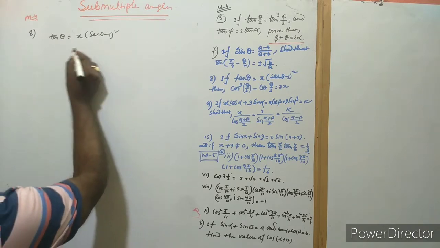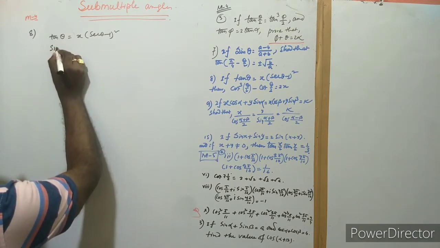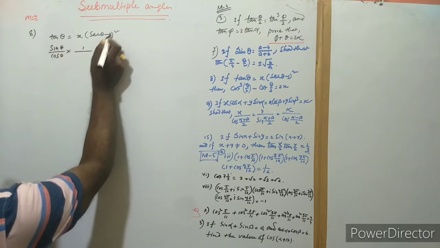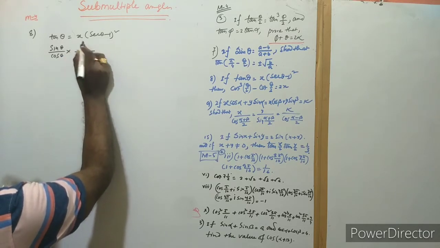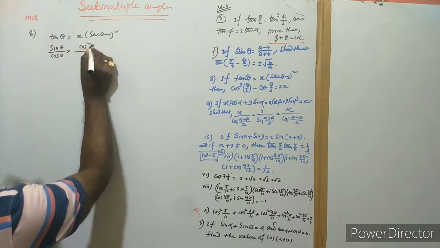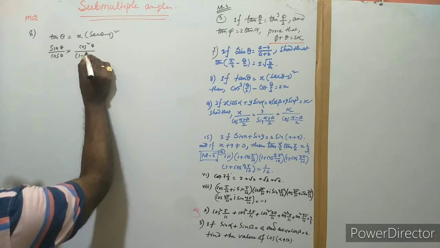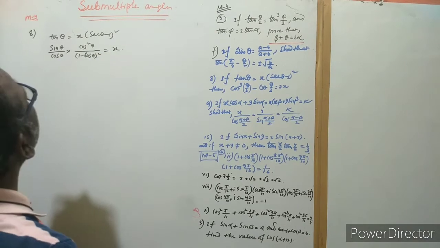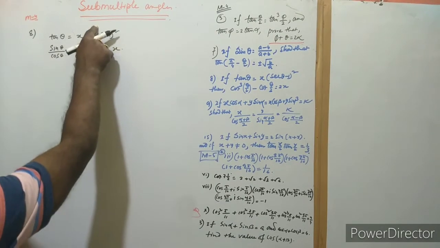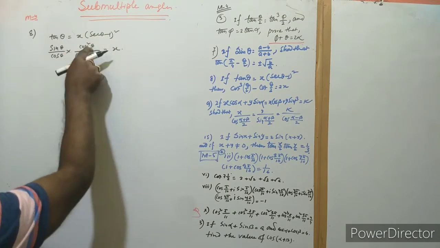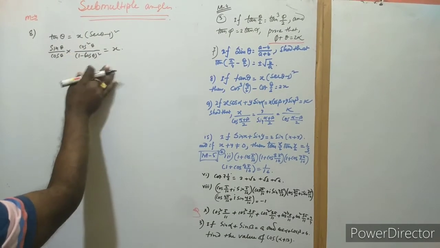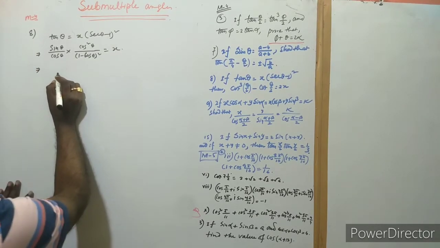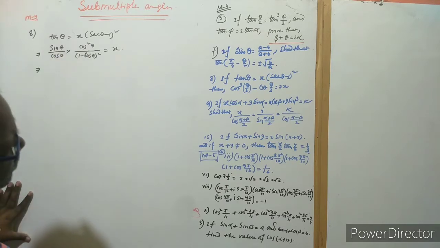Okay. Now see here, sin theta by cos theta. Okay, and now this is divided by this. We can write here as a cos square theta, and we get here 1 minus sec theta whole square. So this is equal to x here. Okay, actually sec theta means 1 by cos theta, and take the LCM, then you get here cos square, and reverse, this is transferred to the left hand side actually, and that's why you can write like that pattern.